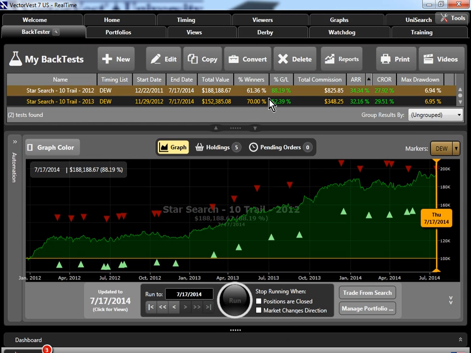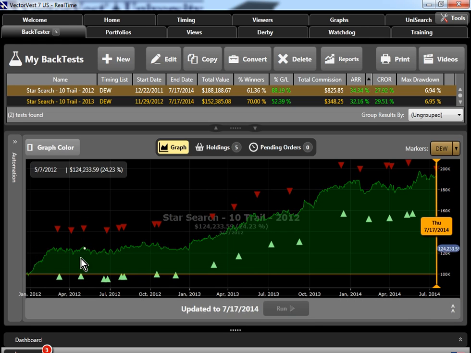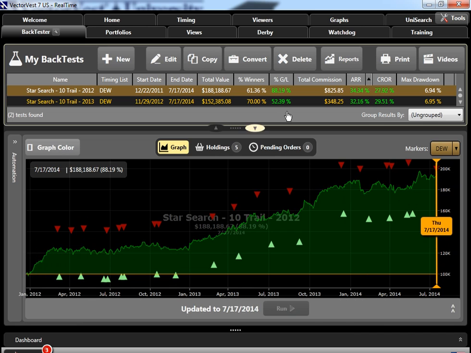61% winning trades, 88% gain, just about the same average annualized rate of return, and this drawdown was the same as well. So we're looking at almost a 3-year test bed here with this technique. 2012 started off very well, kind of flattened out, but ended the year of 2012 up nicely, about 25%. Ended the year of 2013 up 87%, and it's a little flat so far this year, but again, 88% total,